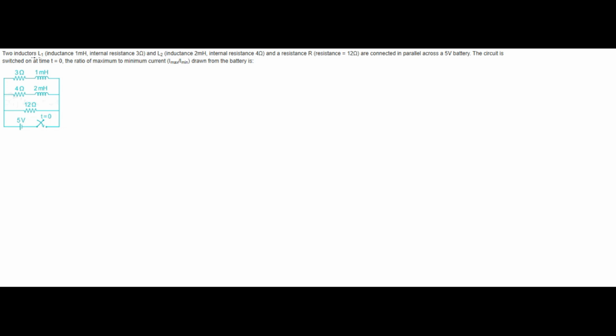Question: two inductors are available. The inductor of 1 mH has an internal resistance of 3 ohm, and the other inductor of 2 mH has an internal resistance of 4 ohm. They have mentioned everything very clearly. The total resistance is 12 ohm, and it is connected across a 5 volt